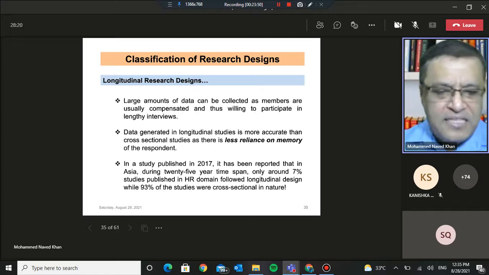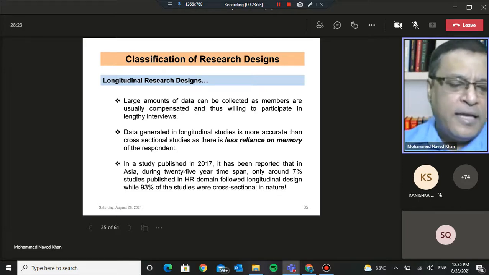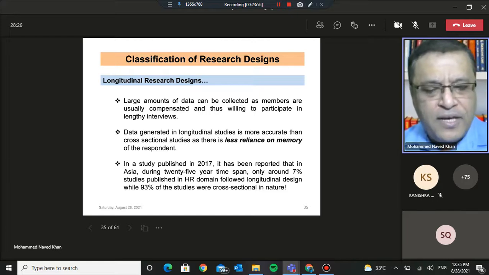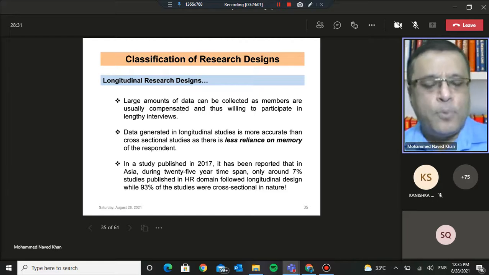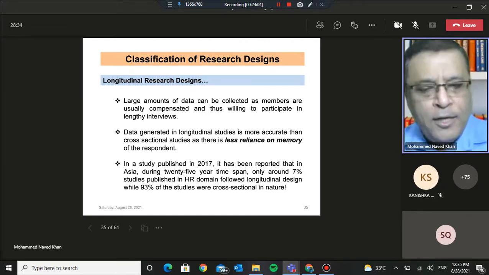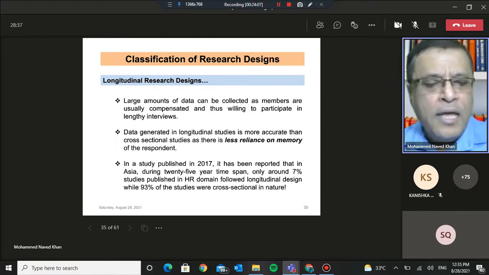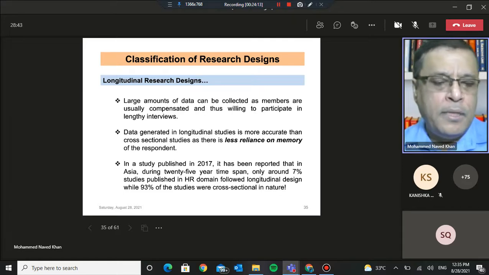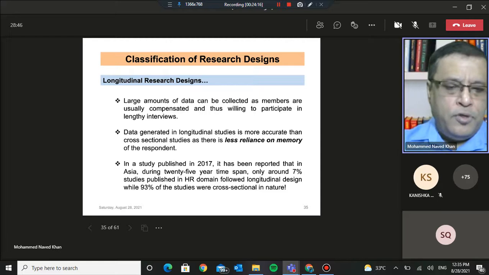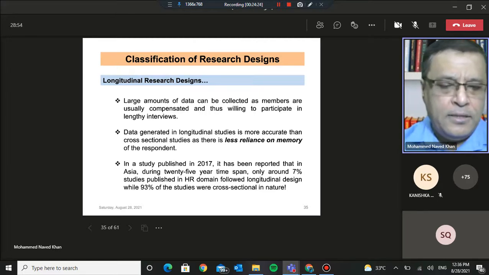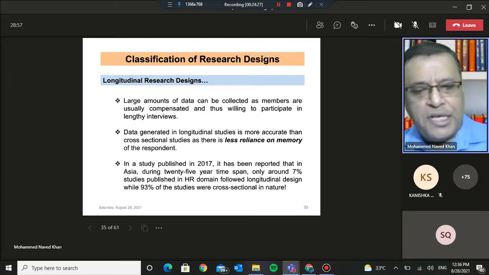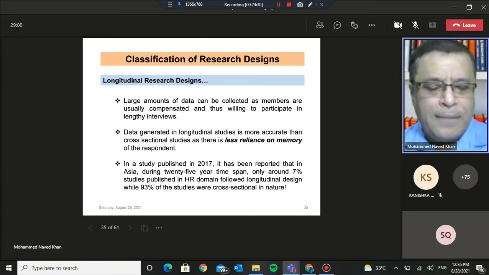And this is possible only in the case of longitudinal design. Why? Because here the panel or the sample is fixed, and you already have access to this sample, so you can provide them your questionnaire even beforehand, and you can advise them to fill it up immediately after, for example, they have experienced after-sales service from a particular organization. Say you own a particular brand of car, and you are told that after you have got your vehicle serviced, you provide us feedback regarding your after-sales service experience. So this questionnaire is already available with your sample or with your panel.